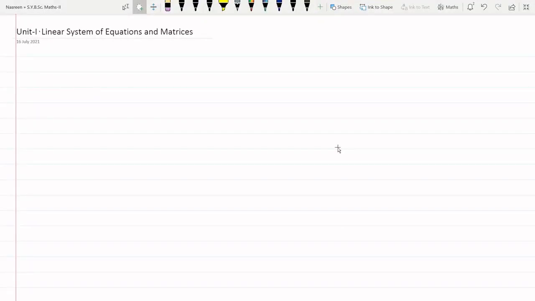Today we are going to see what is a matrix, what is an order of a matrix, and elements of the matrix. Then in the next video we will see what are types of matrices, different types of matrices. So first of all, let us understand what a matrix is. First we will write the definition of matrix and then we will understand the definition with the help of an example. So what is a matrix?